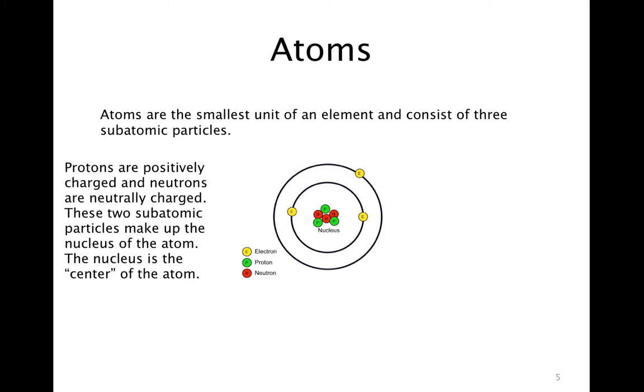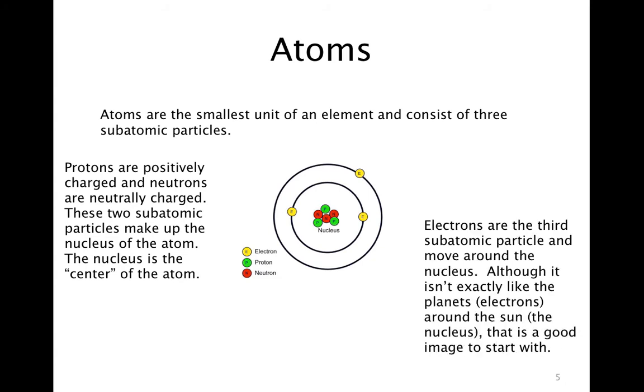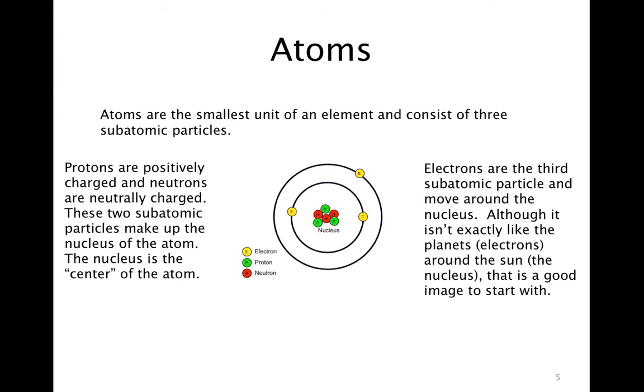Protons are positively charged, neutrons are neutrally charged, and these are found in the nucleus, or the center of the atom. Electrons are the third subatomic particle, and they move around the nucleus, and these have a negative charge. Okay,